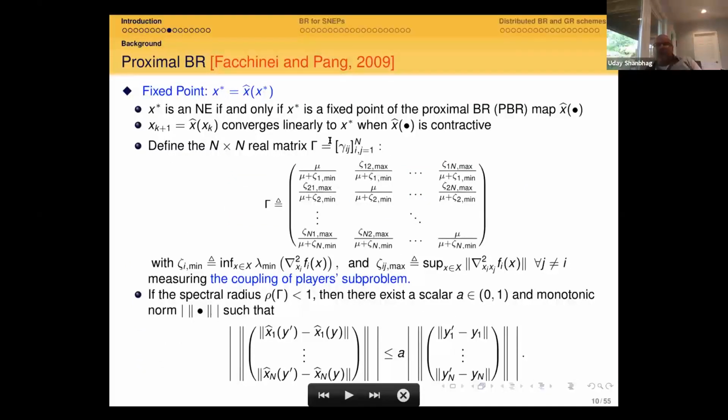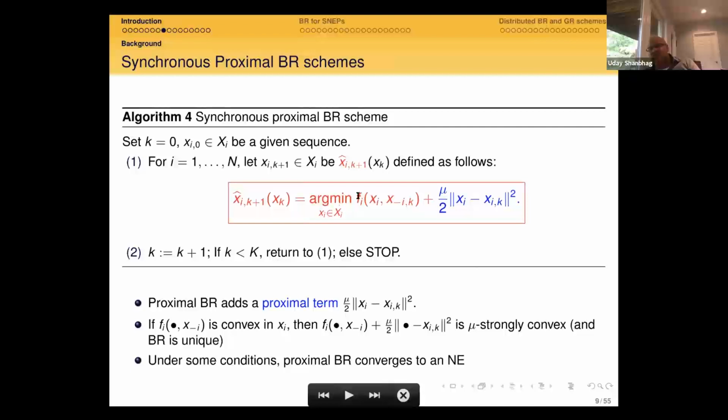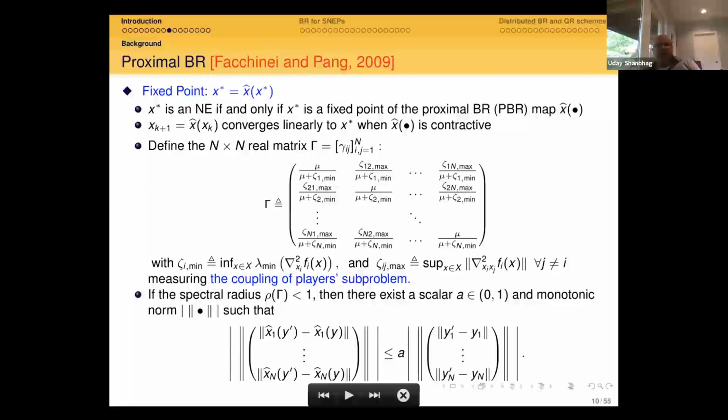Now it turns out that this scheme converges linearly when x hat is a contraction, and a sufficient condition for that is a suitable spectral property. Of course, in this particular case, you need f_i to not just be C1, you need it to be C2. Okay, so this is our basic foundation in deterministic regimes,